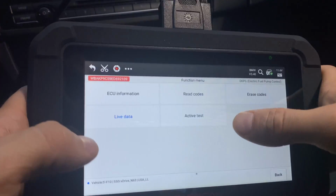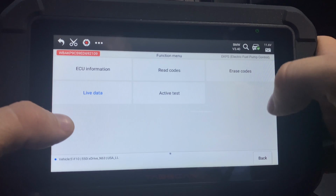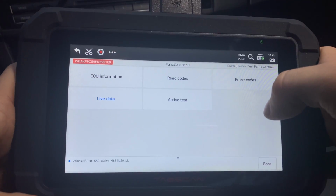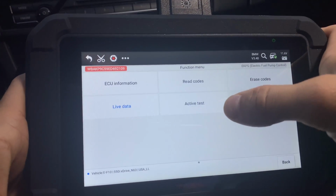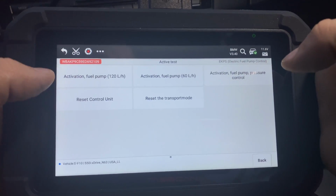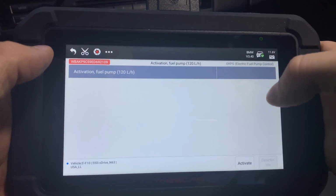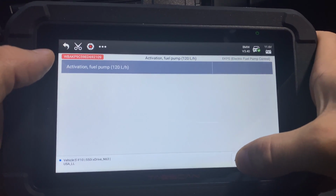cool. Let's go back to this menu, and as you can see, there's another function that you will not see on pretty much anything under $500. Active test. So if we go in here, we can activate certain items within the module. As an example, we can activate the fuel pump manually. So if I click activate,